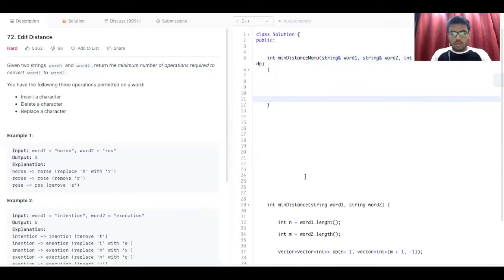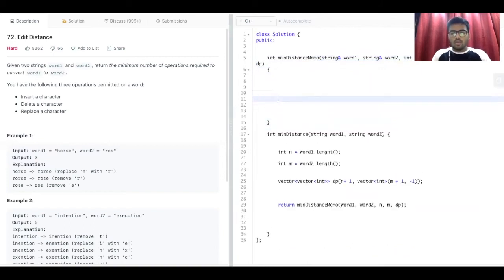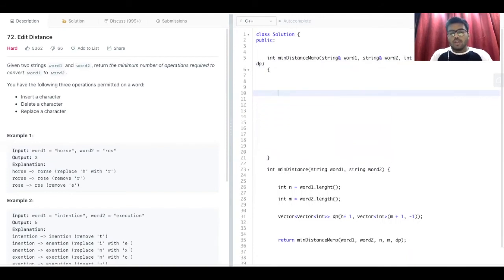All right, now we'll simply make the conditions that we have decided. So for the 3 operations to be performed, we'll have to make 3 recursive calls. So what will those recursive calls be? Let's figure that out.